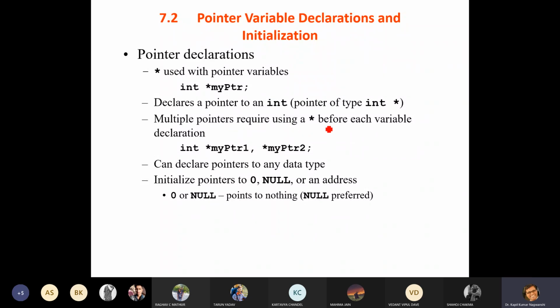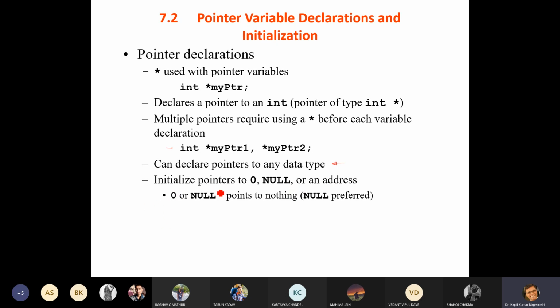Multiple pointers require using a star before each variable declaration. So there are multiple pointers we have declared, my pointer 1, my pointer 2, and so on, and we can declare a pointer to any data type, like float, character.